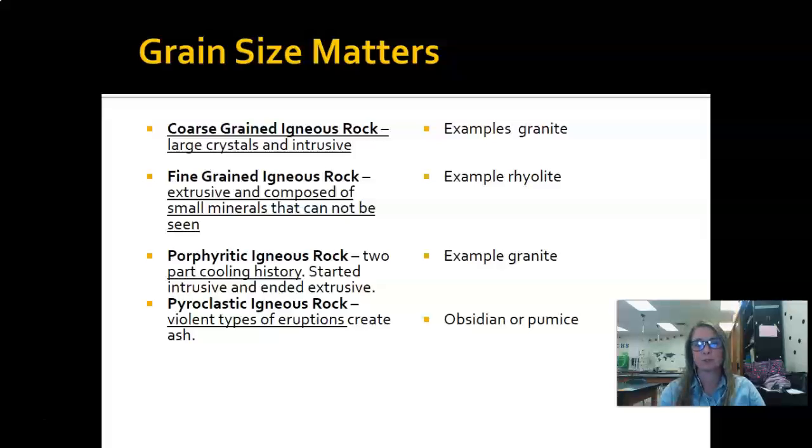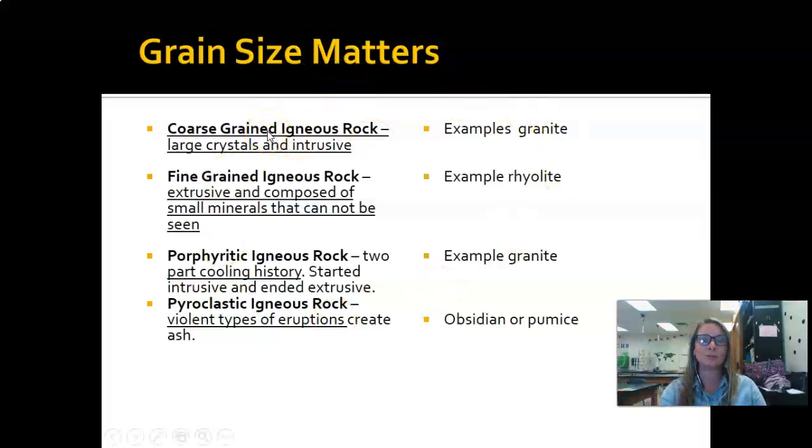My friends always get really annoyed with me because I'll sit and look at their countertops and be like, this is muscovite mica, this is a ruby, and they're like, oh my gosh. But these are things that you hopefully will be able to look at and see at some point as well, as we get more familiar with these rocks.